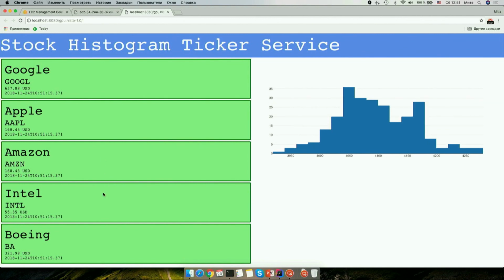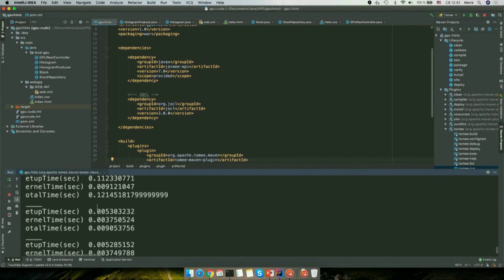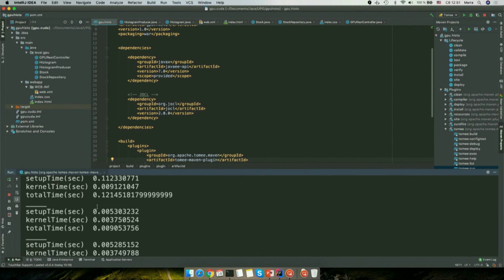But you see, this is a pure enterprise application. And if we go to the stuff, we see that the kernel times for all of these computations are less than a millisecond, actually. So to draw a histogram, which is a very GPU task, we have a wonderful combination of Java running OpenGL and producing these histograms.